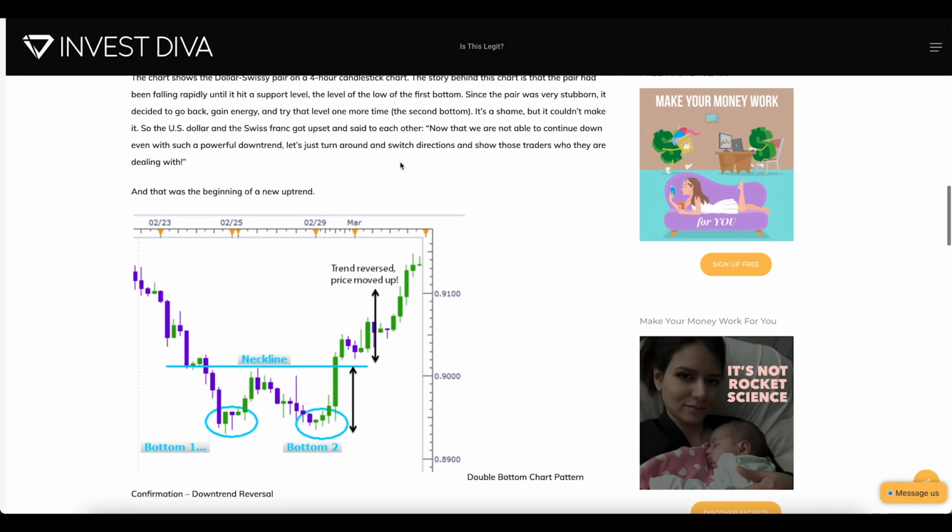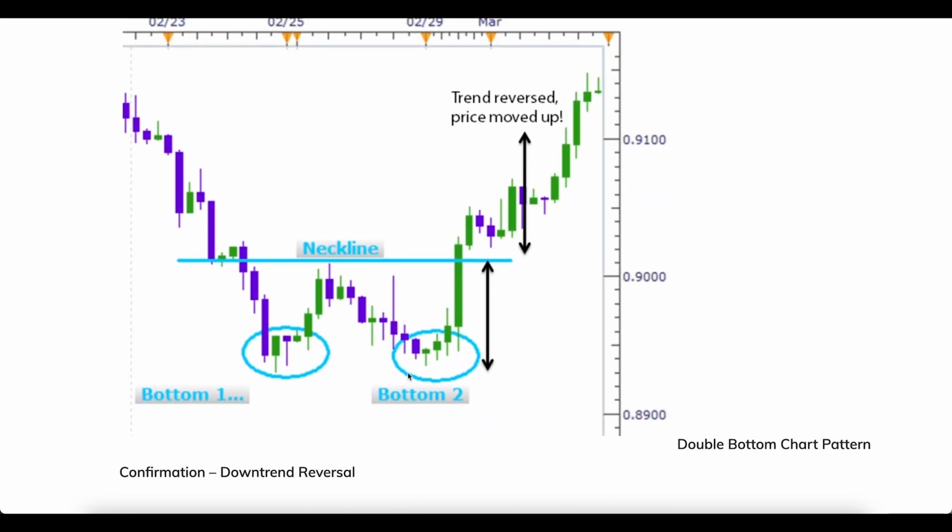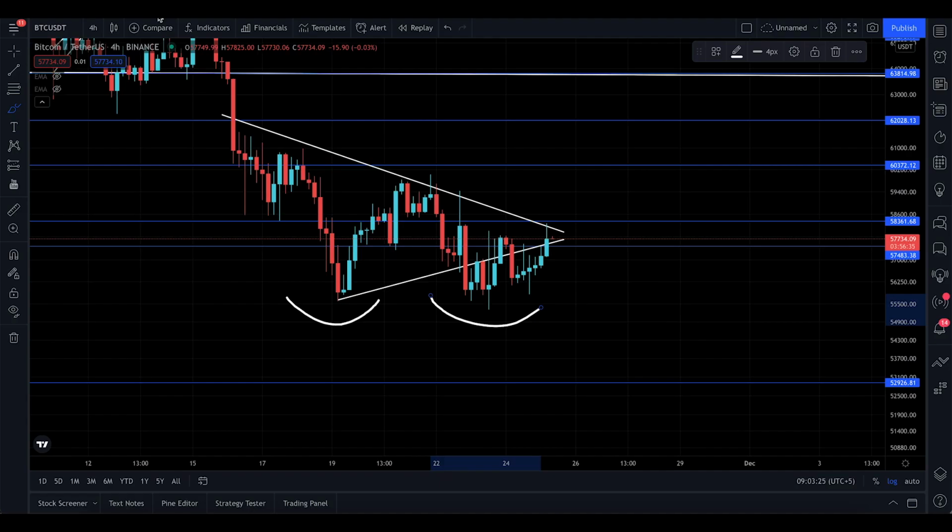The next one, of course, is Invest Diva right there, and you can see here you have a double bottom: first bottom, second bottom, a neckline, and these are bullish reversals. The same thing is happening with Bitcoin. Do you see that double bottom right there? So this is the reason why I have to